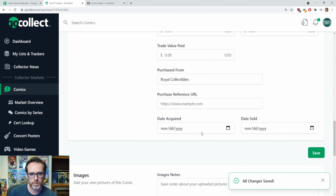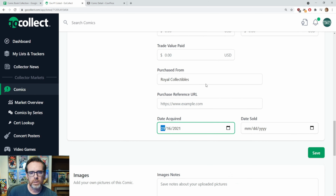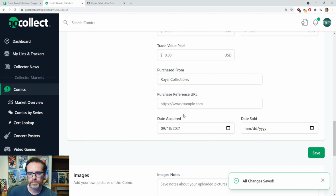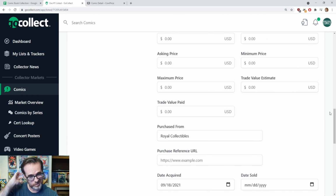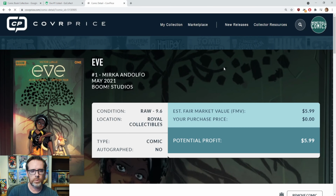Purchased from Royal Collectibles, date acquired September 18th. And again, this is just there, so if you go fast and start doing that, I hope it's saving. I don't really know, but fingers are crossed that it's doing what it's supposed to do. All right, so this one,